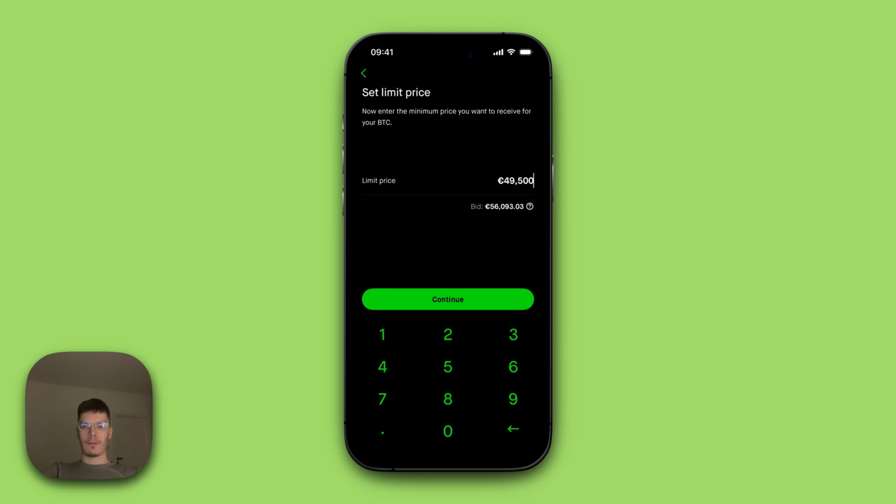below. So if it falls quickly below this number, it will not complete the order. So if it falls from 51 to $46,000 or euros, it will not fill my order because there is a